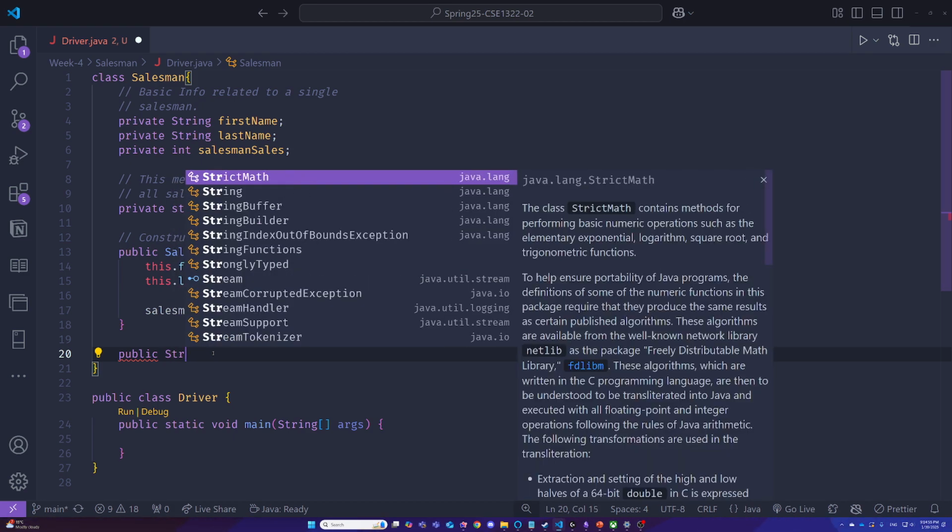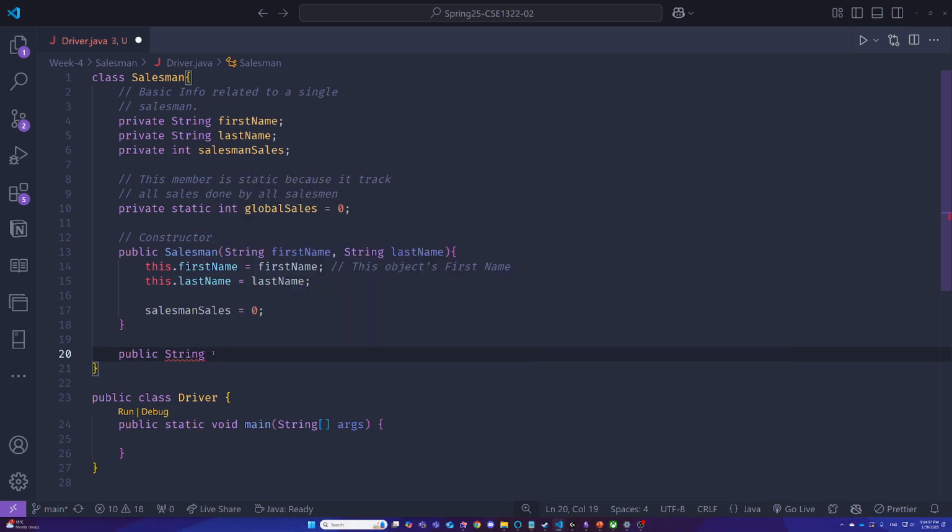If you remember from what we have discussed, a getter function is just a regular function, right? So getters and setters, they're just labels. There's nothing special to them. It just describes what they do, right? With a getter, we're just returning the value. So since it is a function and we're returning some value, we need to always specify that it's going to be the same type as the value that we want to return,